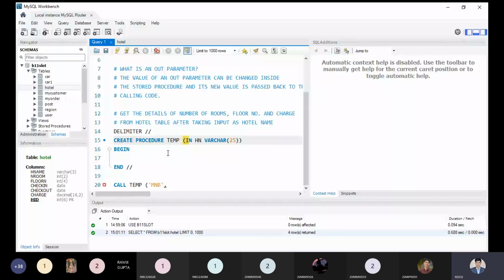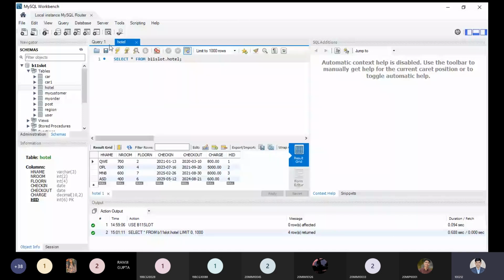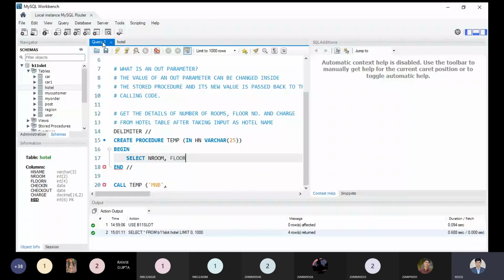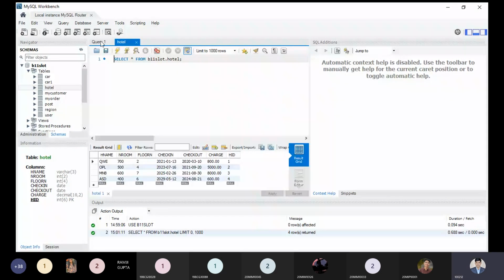Select the number of rooms, room floor, and the other one, charge. Yes, of course, we have charge. These three things I need from whichever hotel.